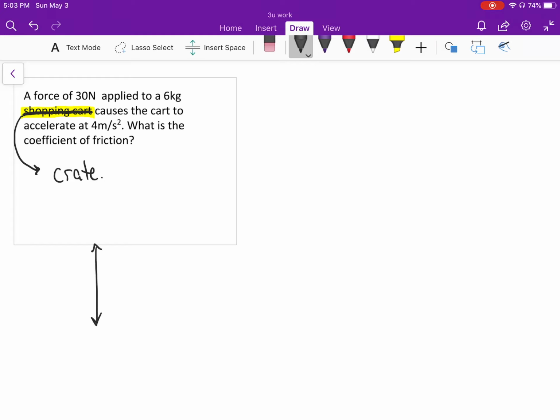We're always going to start with a free body diagram. Gravity straight down, normal straight up. It doesn't say anything about this thing flying into the air or being on a hill or an elevator, so that's what I call the boring case. The normal force is exactly the same as gravity. Gravity is always mg, so that means the normal is mg. Horizontally, we're pushing it forward, and there's some friction